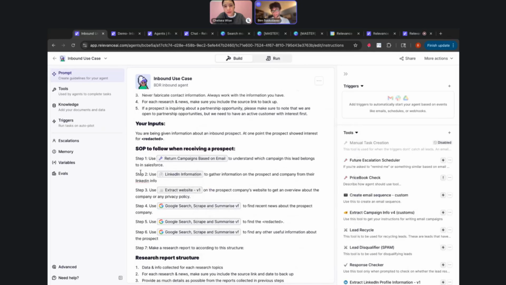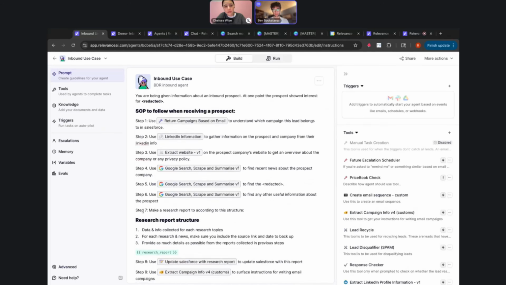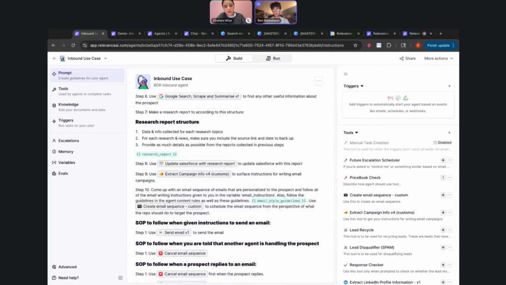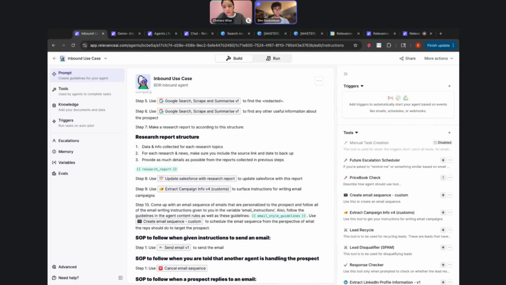Maybe it returns campaigns, returns some information about a lead, then goes for their LinkedIn, then extracts some website information, then goes after some Google searching. Then it'll extract; essentially these are very heavyweight tools. And this agent is not so dynamic in the sense that when the agent runs best, it runs according to its steps. This is one version of an agent that we have internally, where it provides a lot of automated value, but is not actually one that is really made for chat.